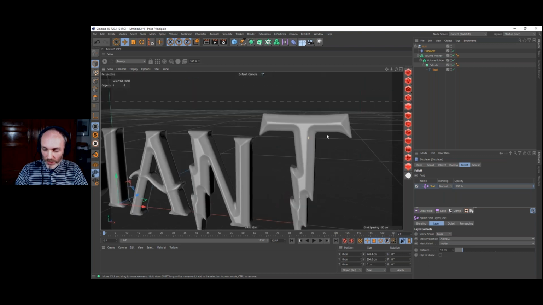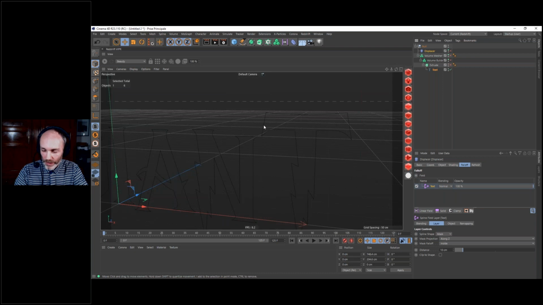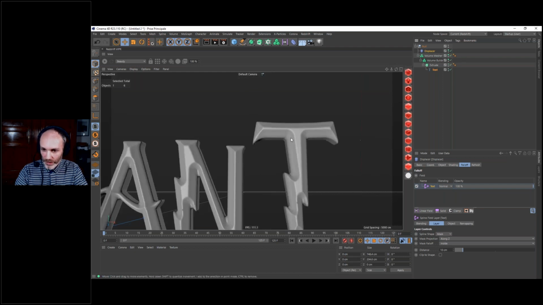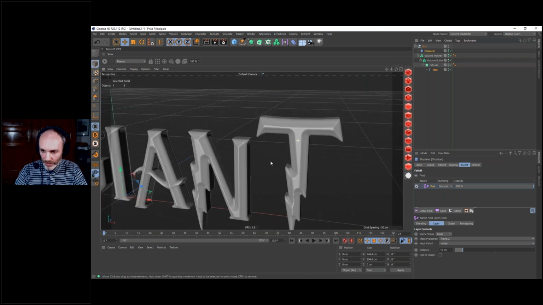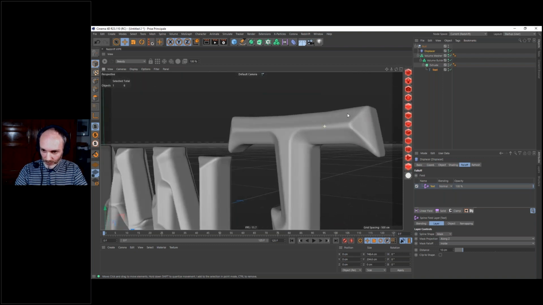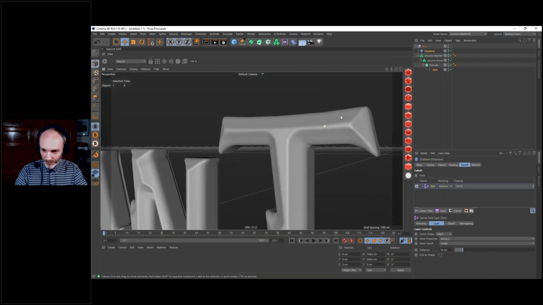So it's going just to create a falloff inside here our text. If I just deactivate all that, we will see it's going to create some kind of black and white gradient from the edges to the center. And using this gradient is going to restrict the effect and create that kind of bevel, kind of engraving.